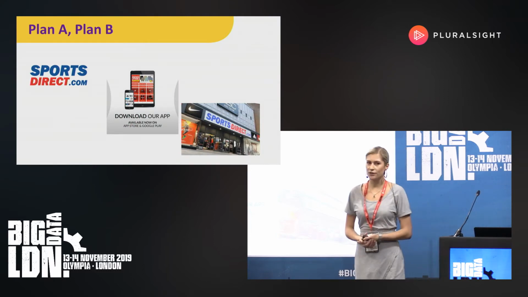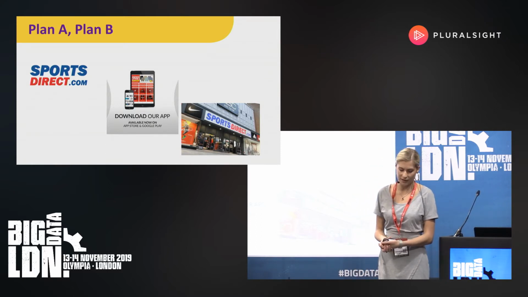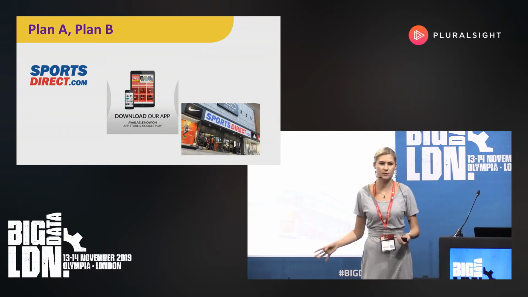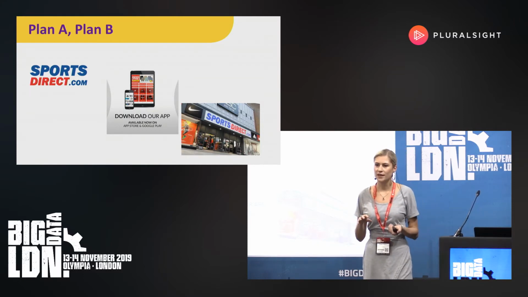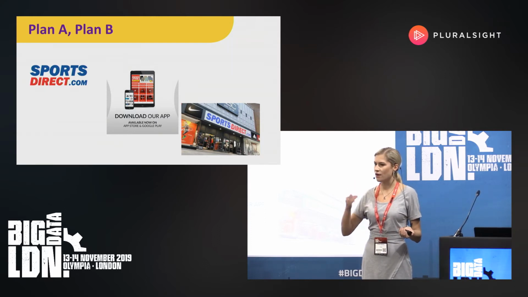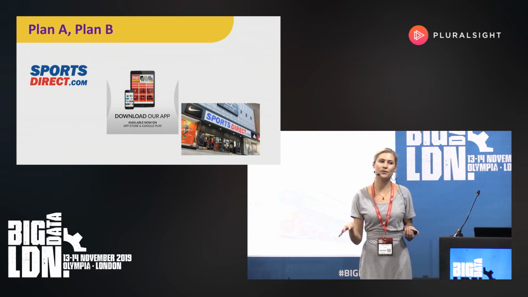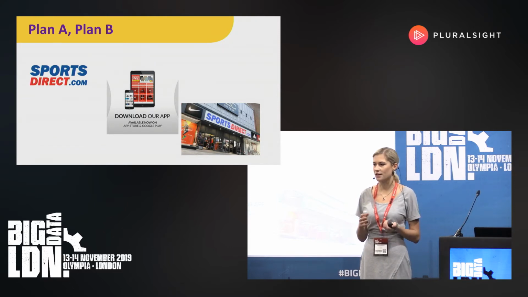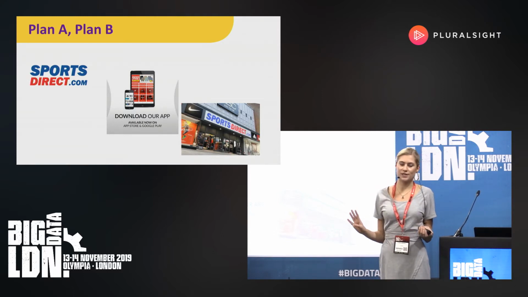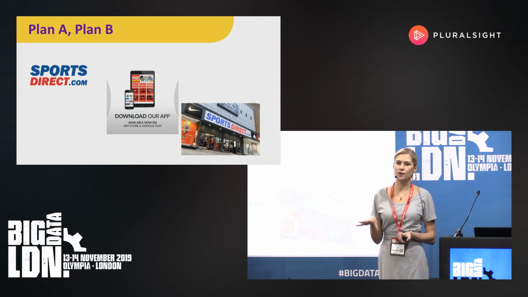So I'm going to tell you a story that someone told me when we were chatting to our customers from Scope. There's a guy, he's visually impaired, and he really wants to buy something from Sports Direct. So he goes on the website, and the website isn't built for his visual impairment. And as I said, there are guidelines, called WCAG, which specify exactly what you need to do online to make things accessible for disabled people. So he goes on sportsdirect.com, it's not accessible, and so he said, okay, mostly apps are more accessible, so I'll download the app and buy what I want through there.